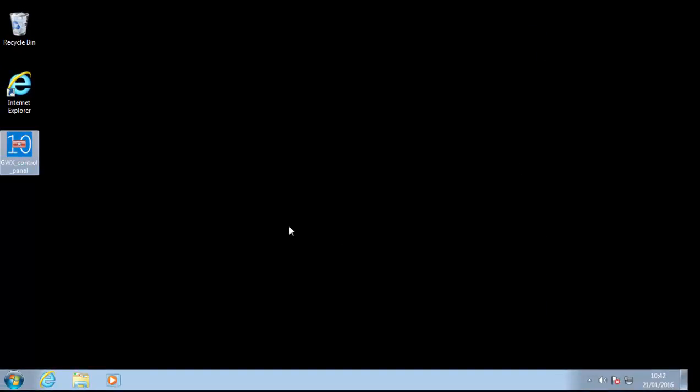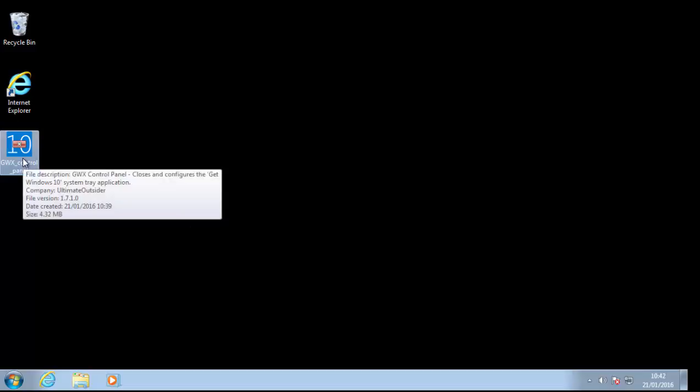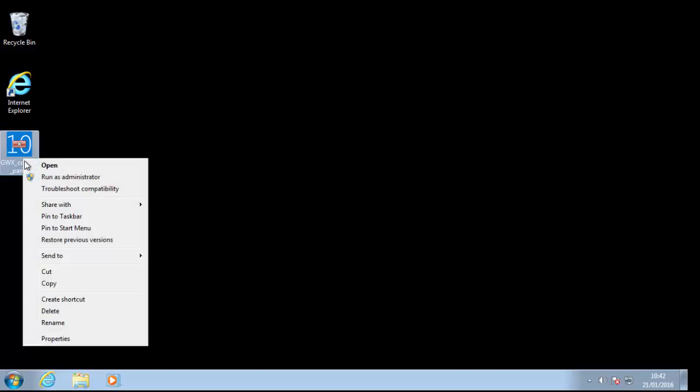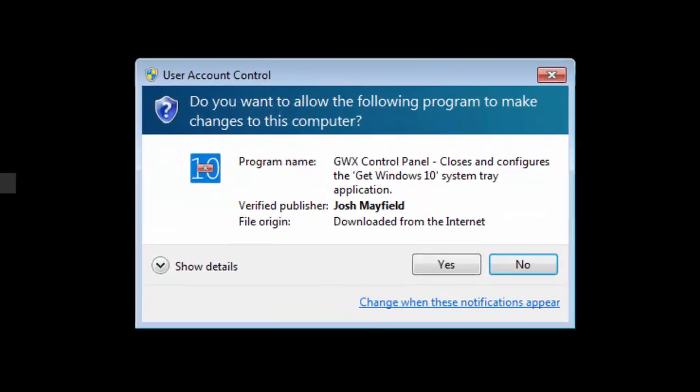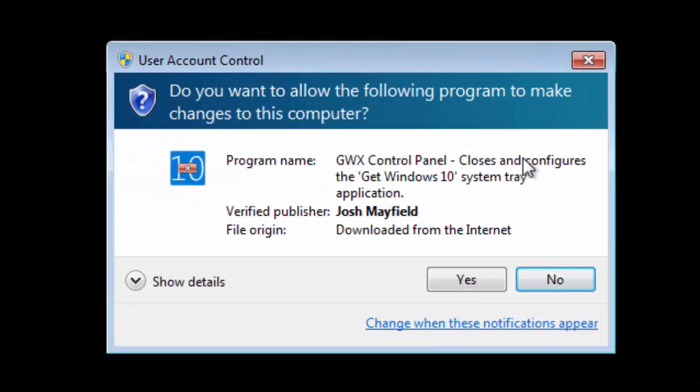Then we just want to check just to make sure that we have disabled all these. So once again, right click on GWX control panel and then move our mouse down to run as administrator and left click run as administrator. Okay, just make sure that we want to allow the program to make changes, so just make sure the program name says GWX control panel closes and configures the Get Windows 10 system tray application. Make sure the verified publisher is Josh Mayfield,